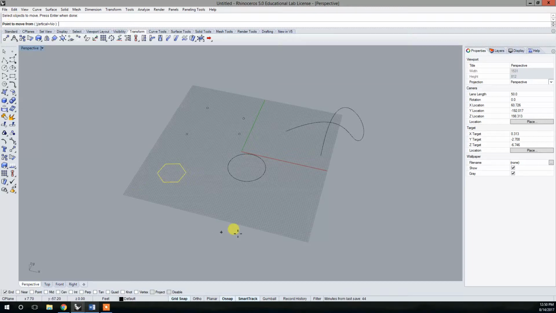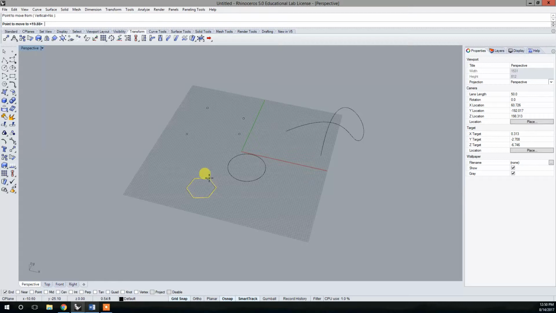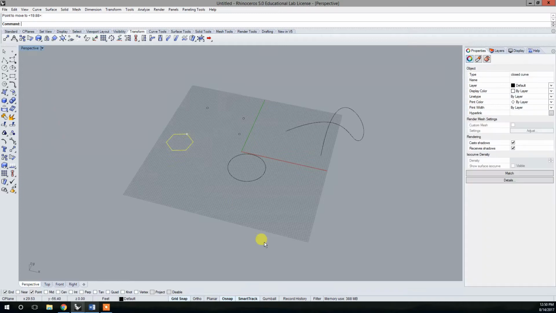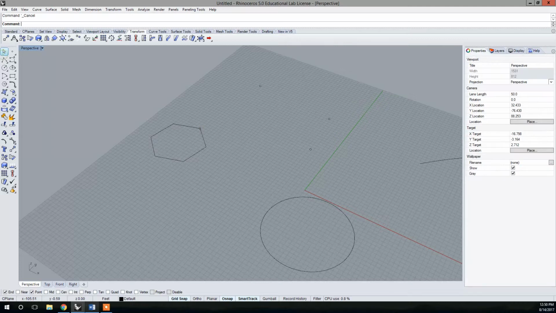And then it asks you for a distance, so you can just click and click again and it will move it. Or you can go through all that again and say you wanted that corner to be on that point. Hit Point down here in your O-snaps, and it will snap to that point that you defined earlier. So these are all the simple operations, or moves, as I called them: copy, rotate, scale, mirror,